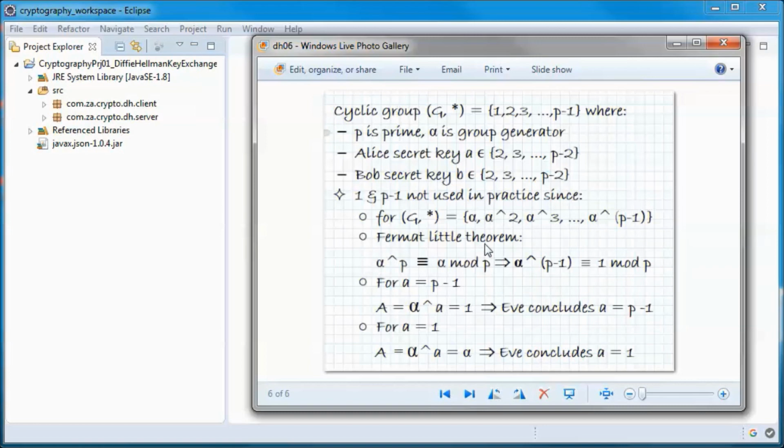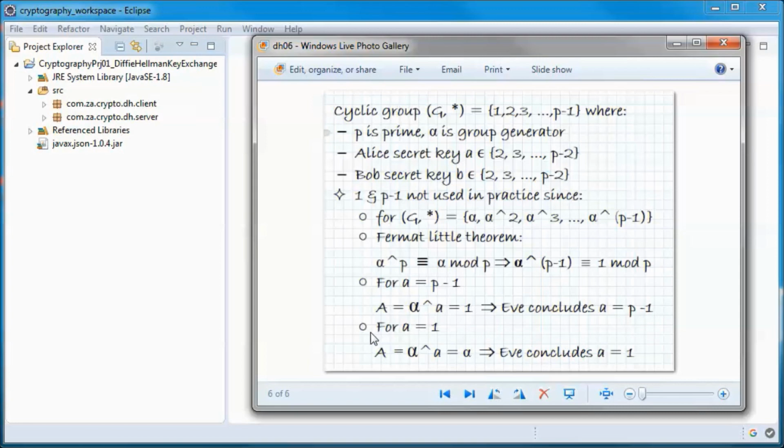And if we use Fermat's little theorem, we know that alpha to the power of p is congruent to alpha mod p, which means that alpha to the power of p minus 1 is congruent to 1 mod p. And for a equal to p minus 1, then uppercase A will be equal to 1, and Eve can conclude that the secret key lowercase a is equal to p minus 1.